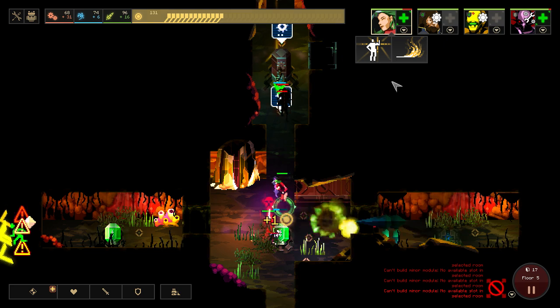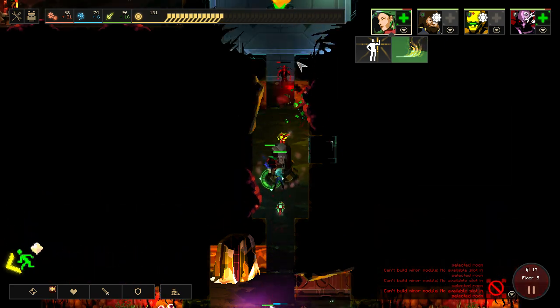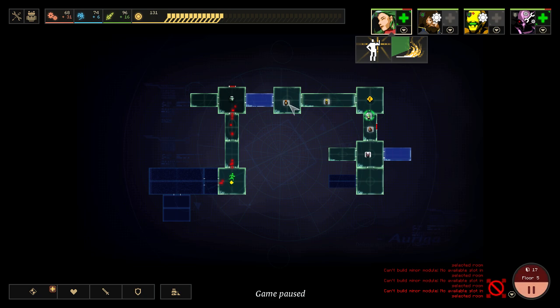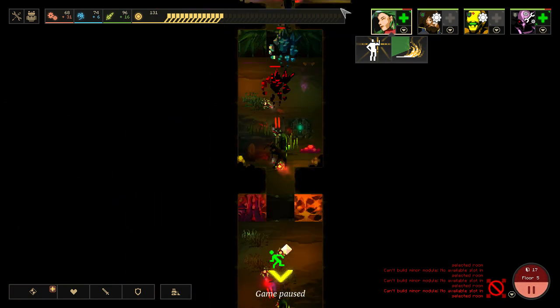I need to kill those guys though, before my crystal is under attack. Oh no, oh no, don't, there we go. Hellfire helped me out right there. Alright, now run over to this room. So far so okay, enemies are being stopped for the...